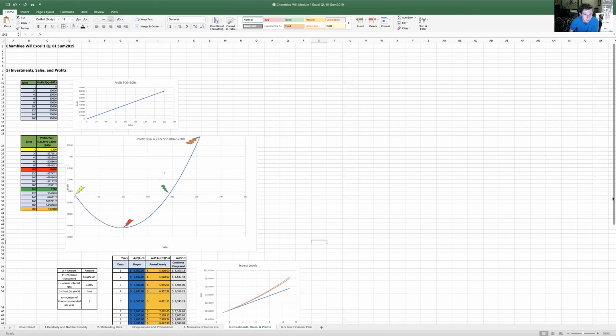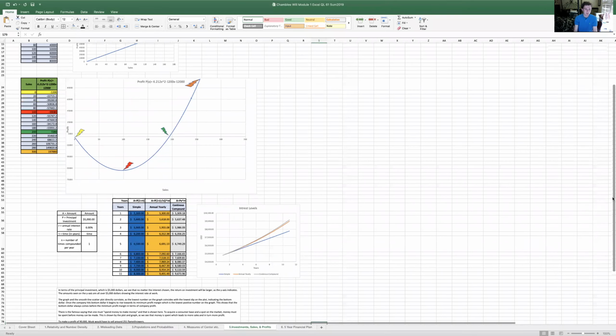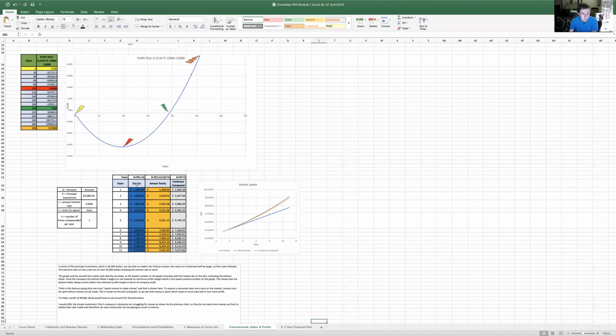Let's go on to the investments. With interest levels, there's 3 types of investments shown here. You have simple, annual yearly, and continuous compound, each one yielding higher interest than the last. As you can see, there's different formulas. One is just the principal investment times 1 plus the annual interest rate times the time. Put that formula into here as we see up here. Lock in those numbers with the dollar signs, stay constant except for time, and then you get the number. In 11 years, it blossoms from the first year investment of 5,300 all the way to 8,300.